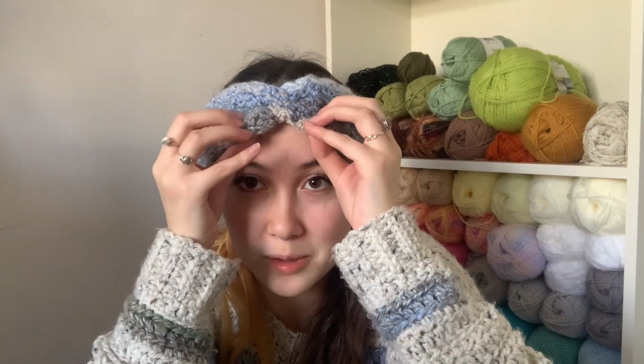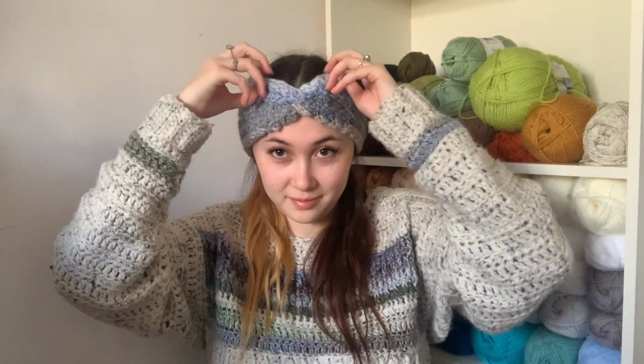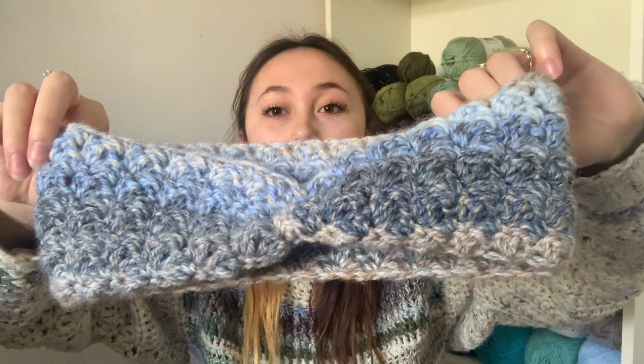Let's see if I can put it on with this hairstyle as well. This is the worst hairstyle to wear for this video, but hey ho. So yeah, keeps your ears nice and warm. And I love the knot detail at the front, and it's so easy to make, super quick as well. Oh dear, my hair's all messed up now. Okay,